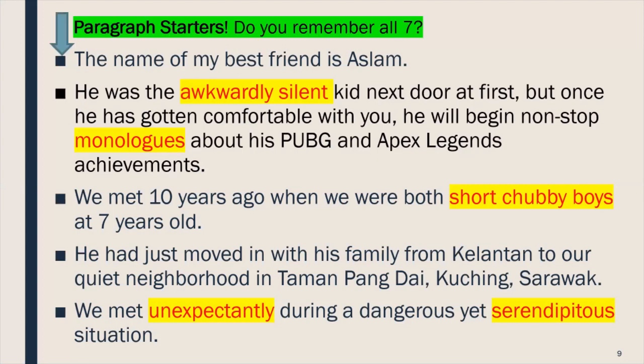At the beginning, I did not put a paragraph starter. More interesting ways where you can start a paragraph that will grab the attention of the reader from the very beginning. And over here, why did they move? Why did his family move from Kelantan to Kuching, Sarawak? I could have added 1 or 2 more sentences just from this information itself. So if you have problems getting to 350 words in your essay, doing stuff like this, membawang, will actually help